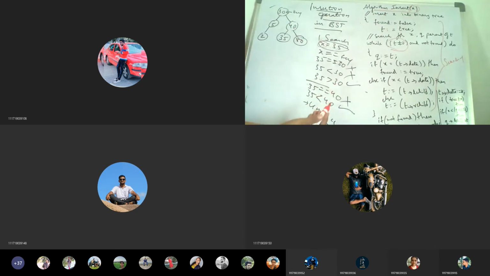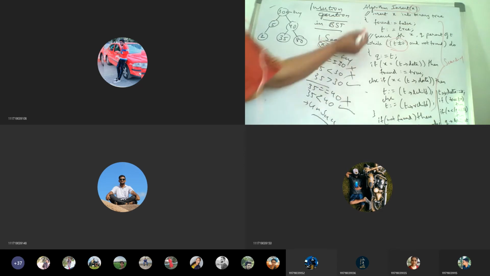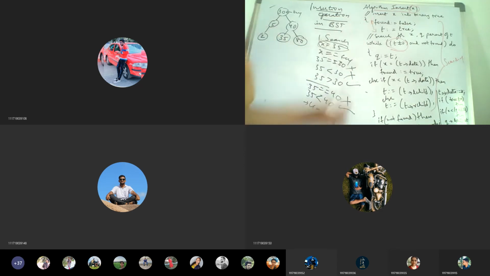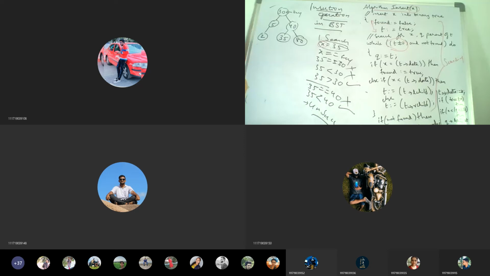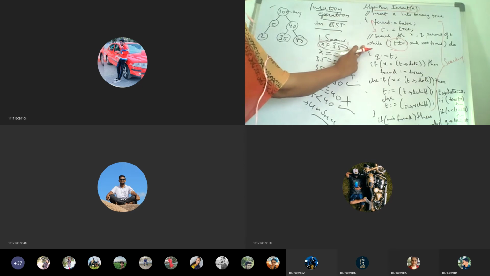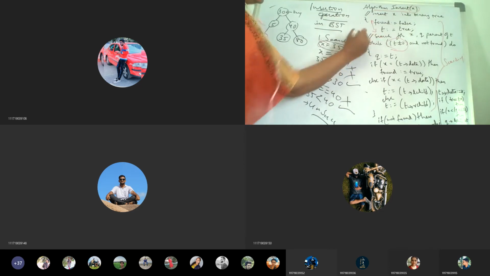Since we are writing an iterative algorithm for insertion, I need to use loops, so I need to give some preconditions. The preconditions are found is equal to false and t is equal to tree. With these initial statements, we move on to the while loop. I will tell you about this comment later.